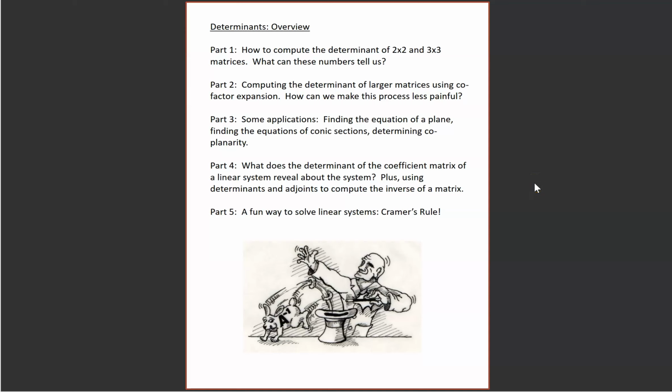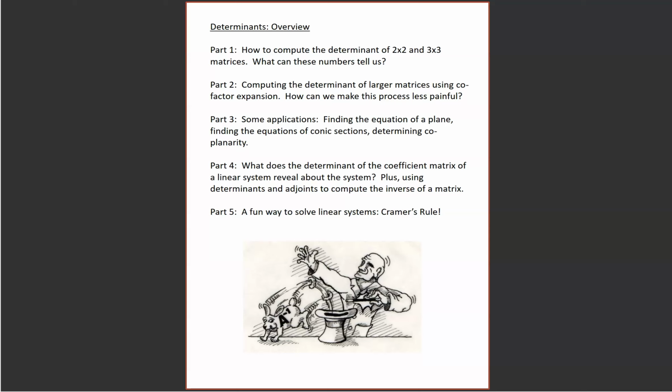Hi everyone. In this module we're going to talk about determinants and learn a ton of things about them. They are kind of magic numbers that can tell us so many different things about situations where we have some square matrix that's playing a role. So we're going to start by learning how to compute the numbers, and then we're going to see some applications,